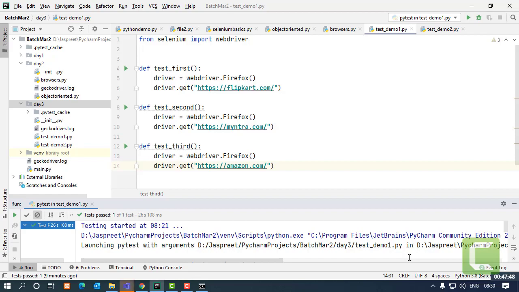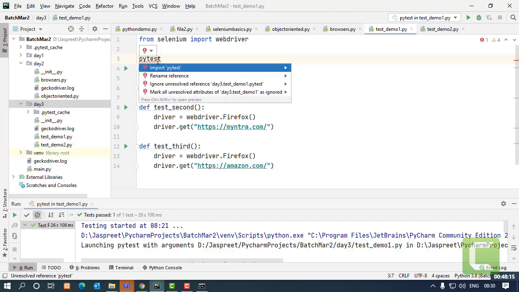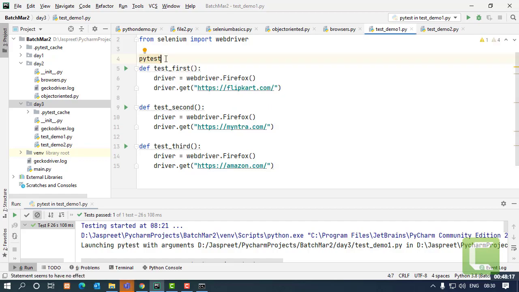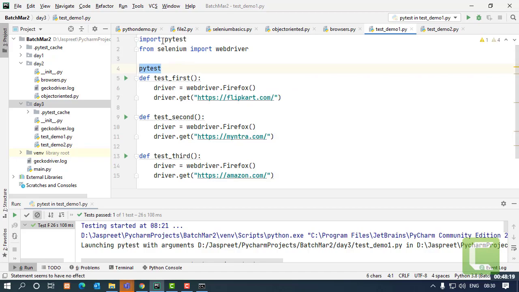How to group the test cases? That's very easy. You don't have to hassle much. Just that right now, till this time we have not used the package in our code yet. We are just using the functionality of that. To group the test cases, I am now going to introduce my PyTest package over here. So I'll say PyTest. It's already imported in my project, so it will be imported directly. I don't have to make many changes.